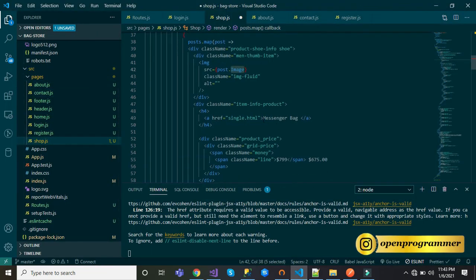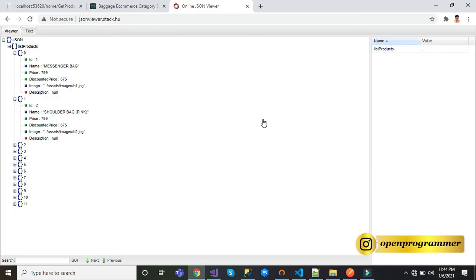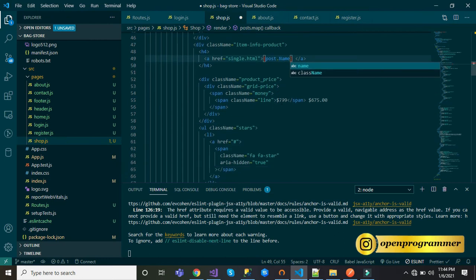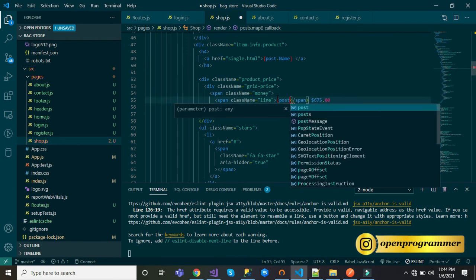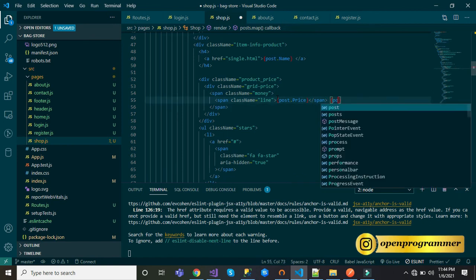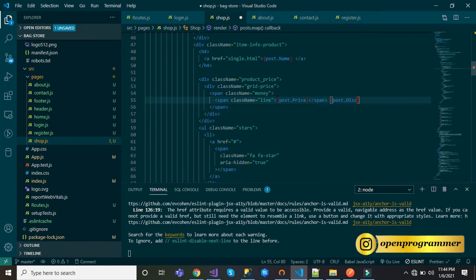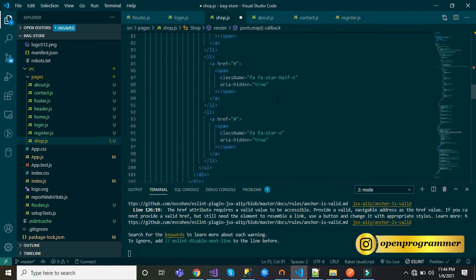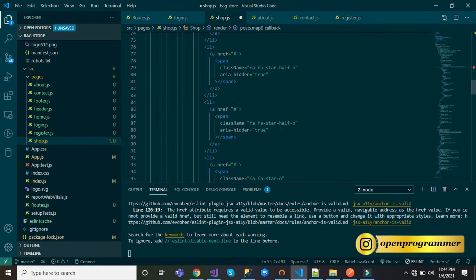All right, now for name, post.name, this is price, post.price, and this is post.description, price. I think we are done. Yeah, okay.